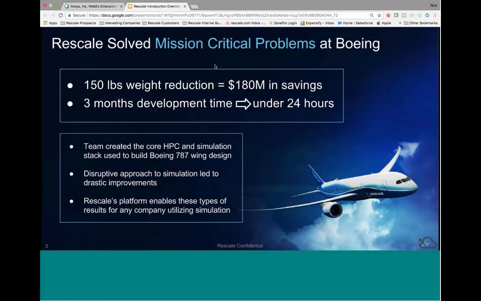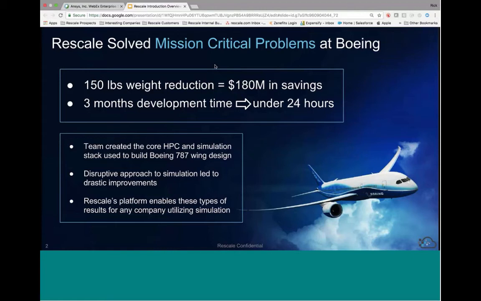Well, the net was they figured out how to do this, and they were able to take what typically was about a 3-month product development process around this optimization and compress that down into a 24-hour window.